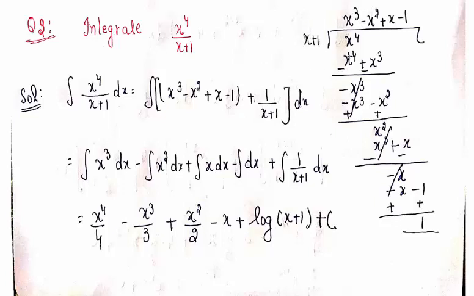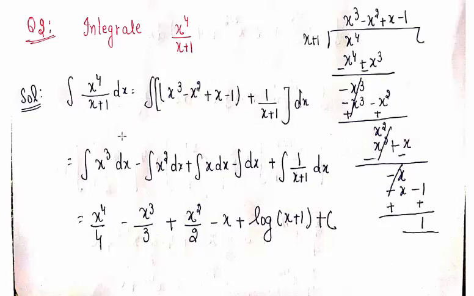First we multiply with x cube, then we get x raised to power 4 plus x cube. Then minus minus, these two terms cancel out, and we get minus x cube. Then we multiply with minus x square, this becomes minus x cube minus x square, the sign is again changed, plus plus, these two terms cancel out, leaving x square. Then we multiply with x, x into x is x square, minus plus x, minus, again then we multiply with minus 1. So after division we can rewrite this integration as this integration.